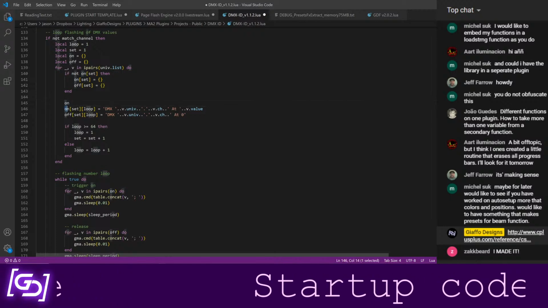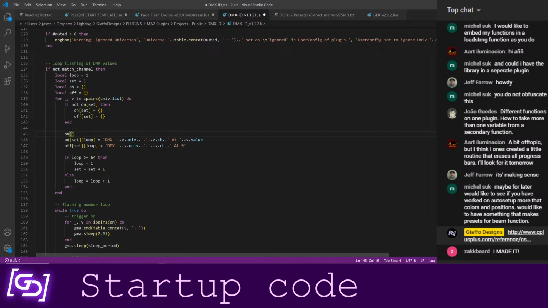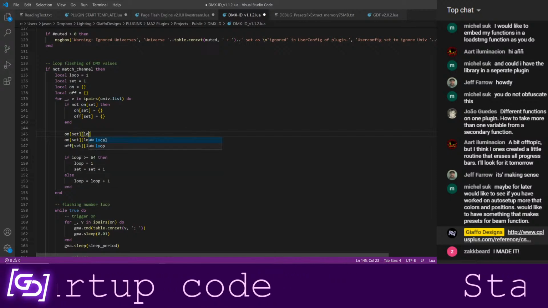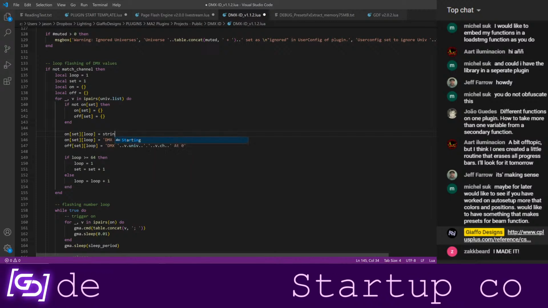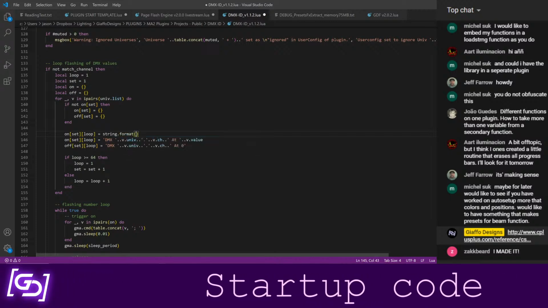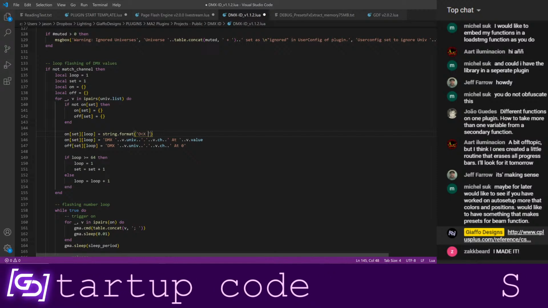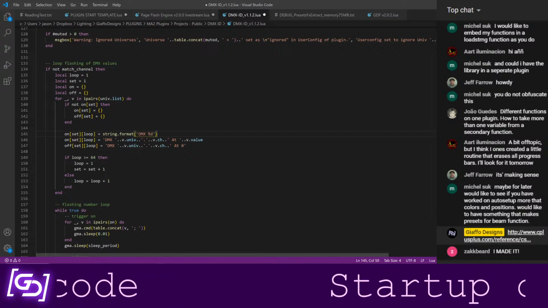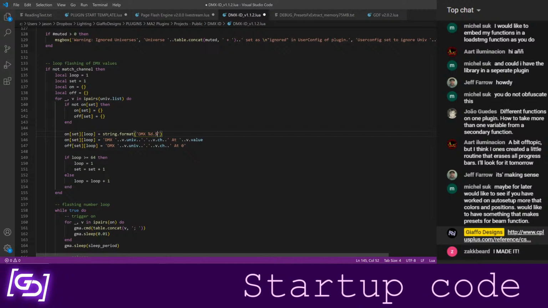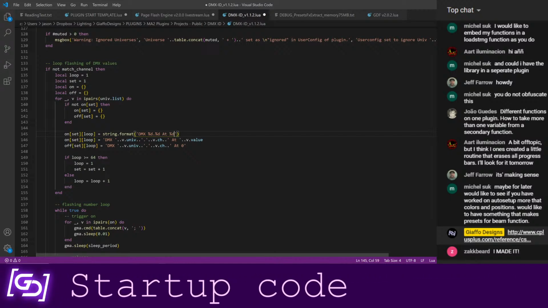I just think this is a little bit confusing to look at, but I would say on set loop equals string dot format, DMX, some universe dot some channel at some value.